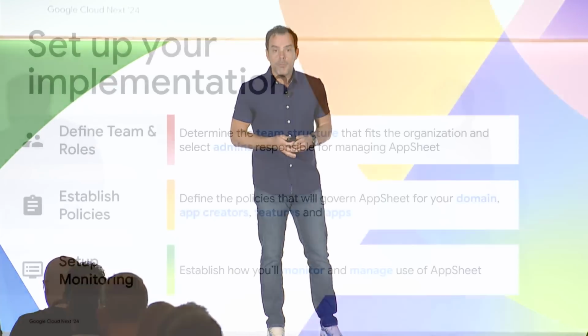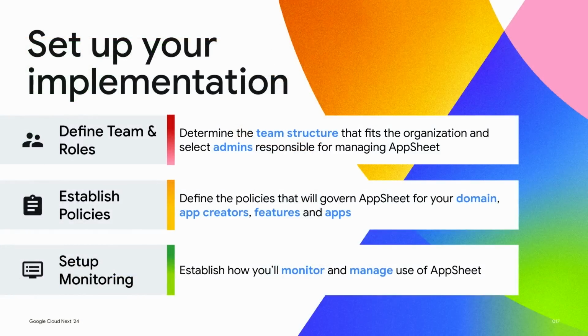Now, the outcome of that team structure and the decisions that they make is going to generally be a sense of what kind of governance we want in place. These we refer to as policies, and we'll see a demonstration of this shortly. But policies can apply globally or at the team level, things like controlling who can use applications, what sorts of auth providers are permitted, whether external data sharing is permitted, what sorts of data sources can be used, and so on. And then finally, an important part of the governance strategy is setting up monitoring.